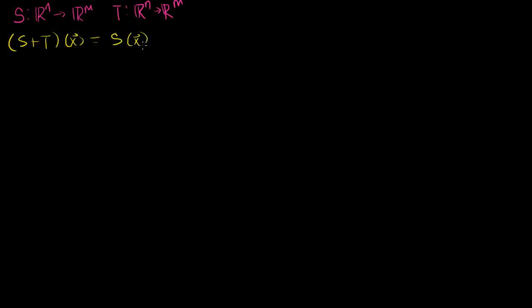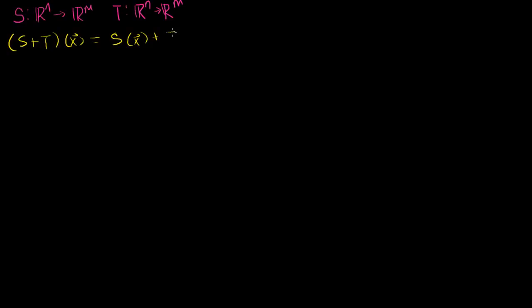In the last video, we started off with two linear transformations. We had the linear transformation S that was a mapping from Rn to Rm. And then we had the linear transformation T that was also a mapping from Rn to Rm. And we defined the idea of the addition of these two transformations. So S plus T, this transformation of x, we defined as being equal to S of x, this vector, plus